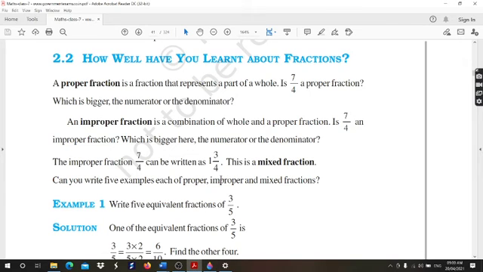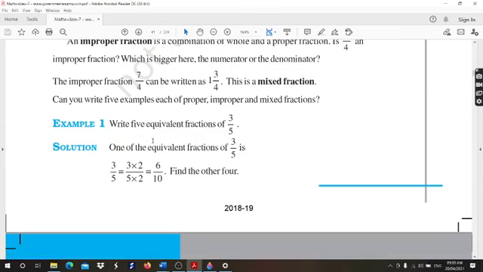Come back to our point. Right, proper fraction we have seen, improper fraction also we have seen, and mixed fraction. You get a mixed fraction from an improper fraction only, but not from a proper fraction. Okay.